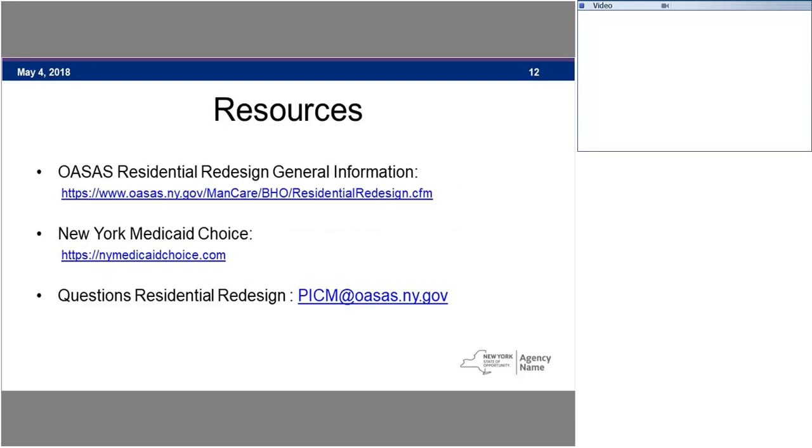So today's presentation is going to be put together in a single standalone document that will be posted to the OASAS Residential Redesign Program. So a recommendation for programs, and we anticipate that'll be posted within the next week, is walk away from today's phone call with the following major takeaway points. That effective June 1st,